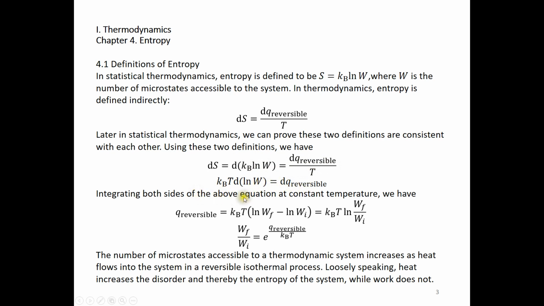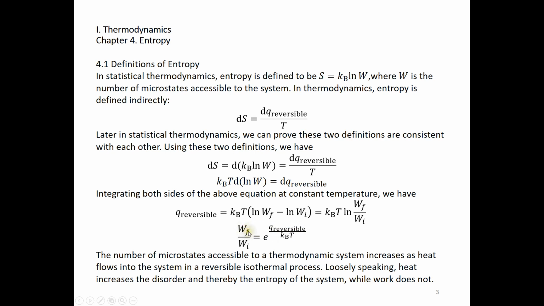We can now integrate both sides at constant temperature. Then we have this q reversible is kBT times the difference between the logarithm of final W minus the logarithm of initial W. And in the end, we have this equation. The final number of microstates divided by the initial number of microstates is an exponential function. It's e to the power of q reversible over kBT. So if q reversible is positive, we have more microstates in the end. If q reversible is negative, we have less